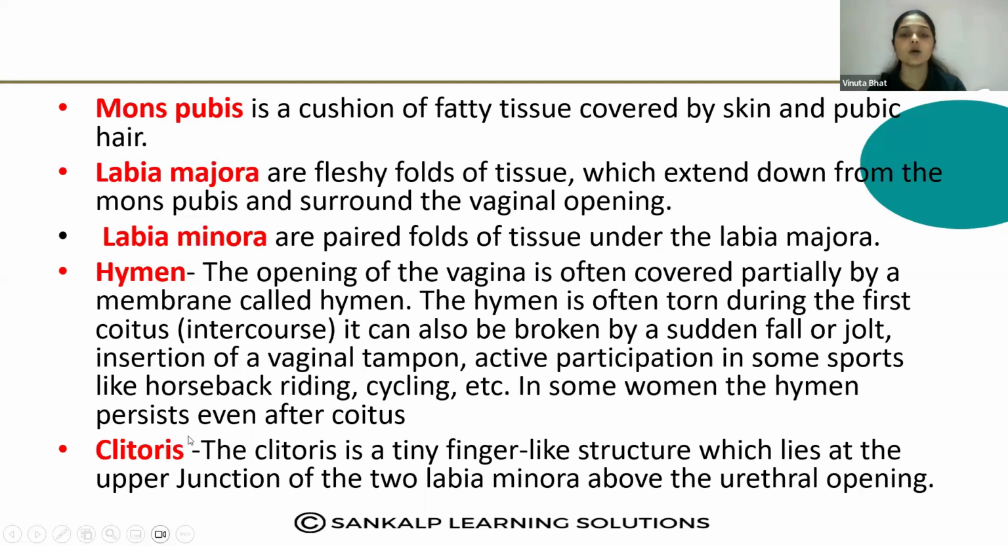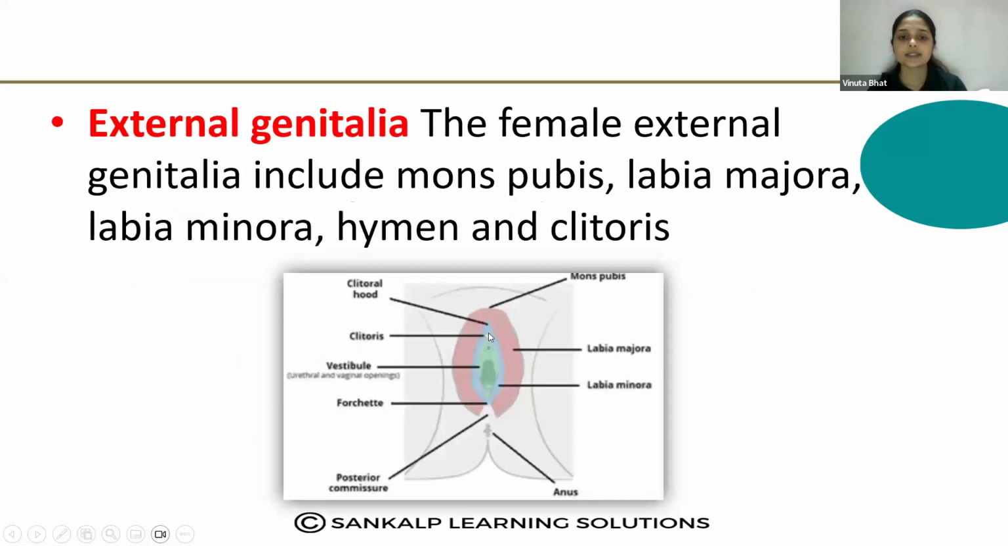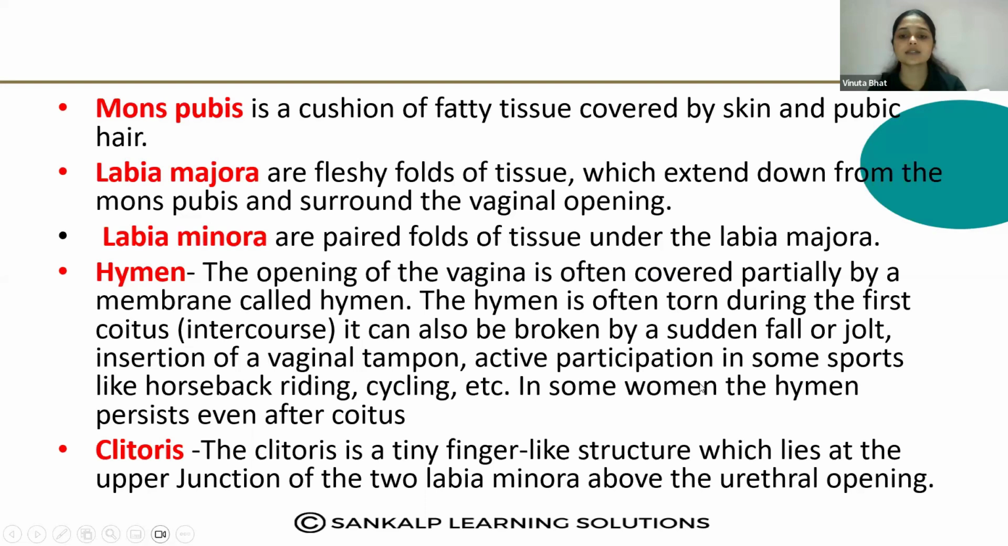And the clitoris. What is this clitoris? The clitoris is the tiny finger-like structure which lies at the upper junction of the two labia minora, above the urethral opening. So here you can see the clitoris, the tiny finger-like structure present at the upper junction of the two labia minora above the urethral opening. So these are the different parts of the female external genitalia. Okay. Then